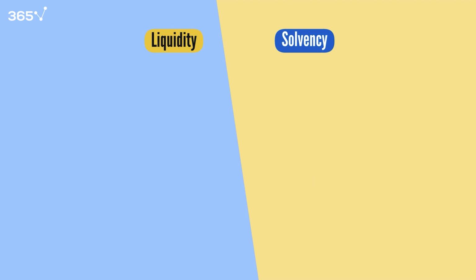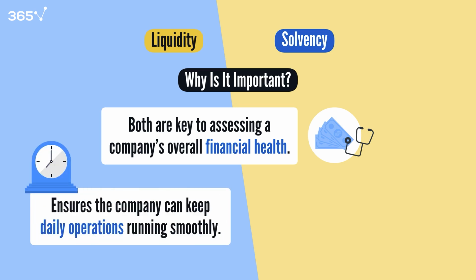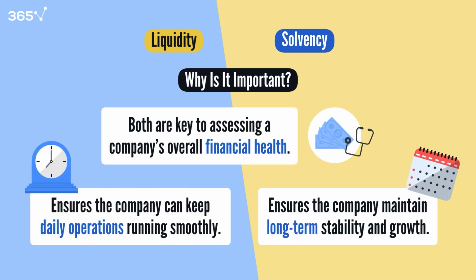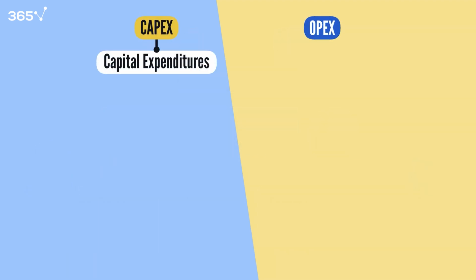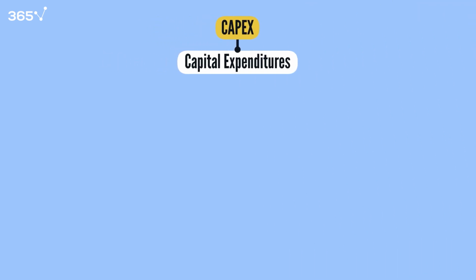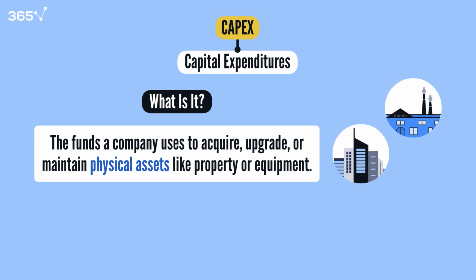Understanding both liquidity and solvency is essential for assessing a company's overall financial health. Liquidity ensures day-to-day operations run smoothly, while solvency ensures the company's long-term survival and growth. Moving on to CAPEX and OPEX, which stand for capital expenditures and operating expenses respectively. CAPEX refers to funds used by a company to acquire, upgrade, or maintain physical assets like property, industrial buildings, or